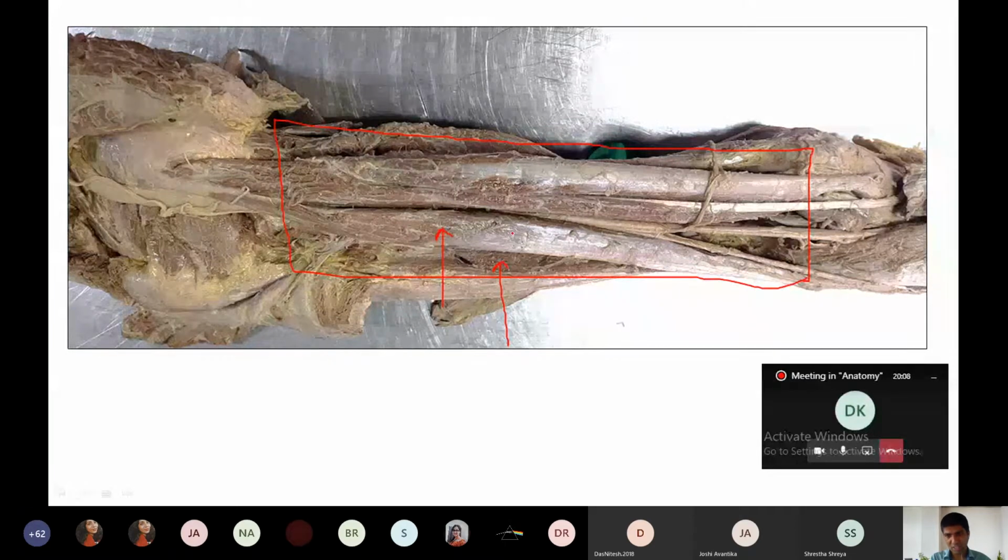And its insertion is here down into the leg bone. So which leg bone is it inserted? Some of you can tell. Samindi, if you are listening, then you can also contribute this answer about the insertion of the biceps femoris. Fibula. Fibula, very good. Which part of the fibula? Head of fibula. Very good, excellent. If you answer like this, you will score the distinction marks in this portal. Very nice. So this is inserted down here into the head of the fibula.